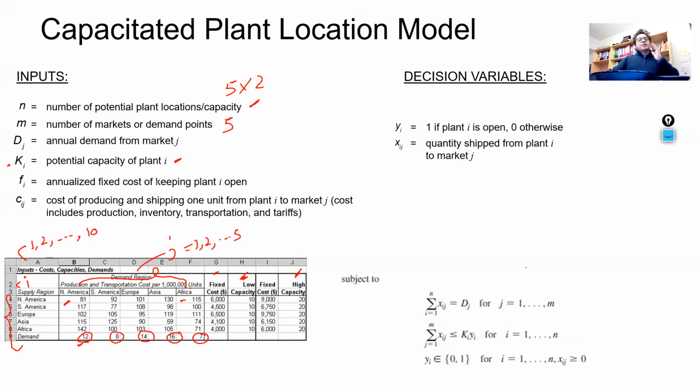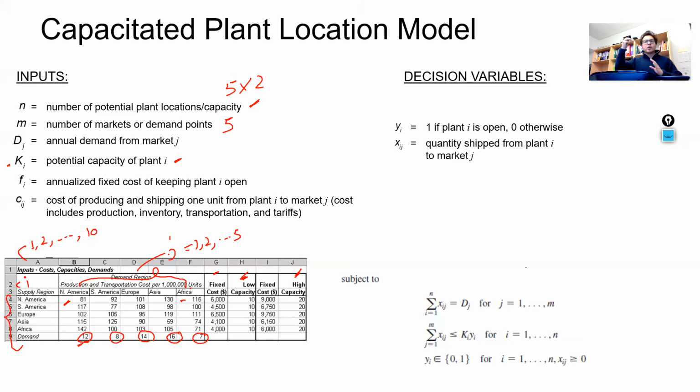Okay, so let's say here, when we say K1, it could mean the potential capacity of North America, low capacity. When we say K2, it could mean the potential capacity of North America. Actually, we can read it in different ways. In this case, it's up to us how we want to read this. Do we want to go low and high, and then for the other plant low and high, or